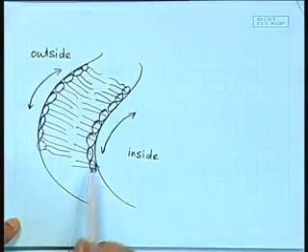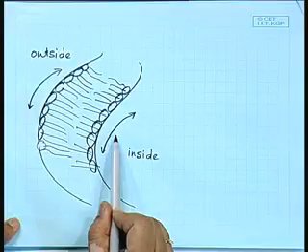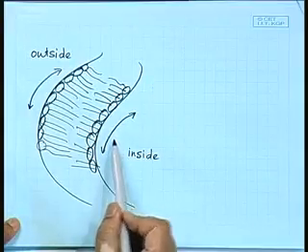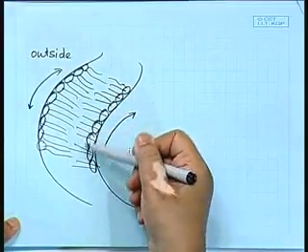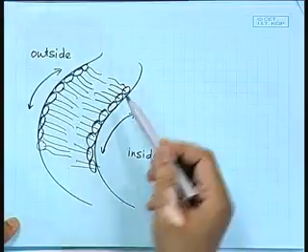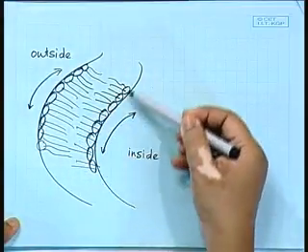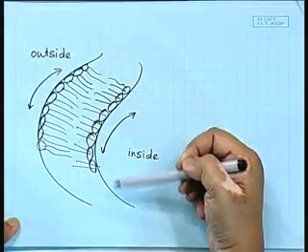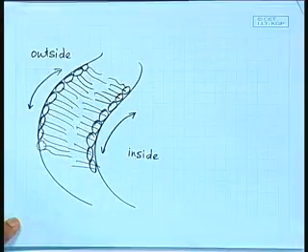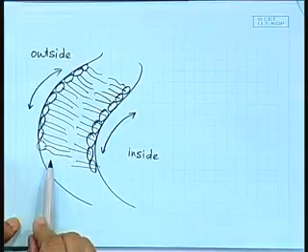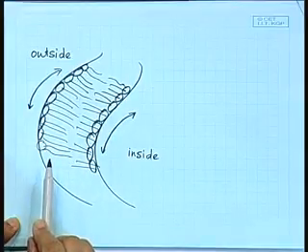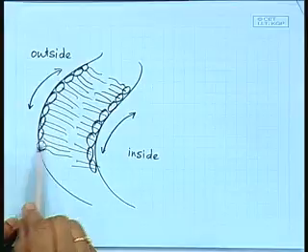Now, for this curvature to occur or to be different, the lipid bilayer has to be asymmetric. For this curvature to occur, you cannot have the same types of lipids in the inner part and in the outer part. Okay? So, the lipid membrane is actually asymmetric in nature, where the types of lipids on the outer